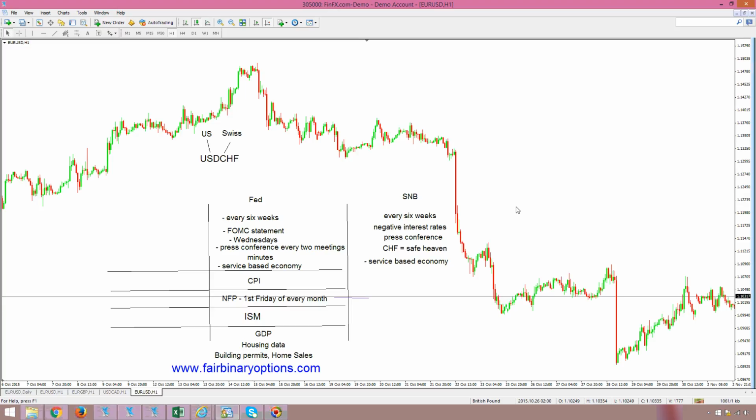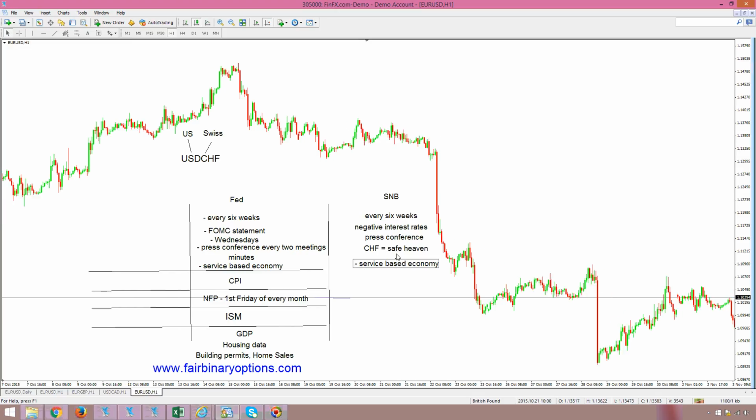Hello again on the second part on how to trade the US dollar Swiss franc, and we've discussed a bit what the SNB stands for, when they are meeting, why they are applying negative interest rates because of the status of safe haven that is being given to the Swiss franc. And of course, Switzerland is a service-based economy. What to look for next if you want to trade